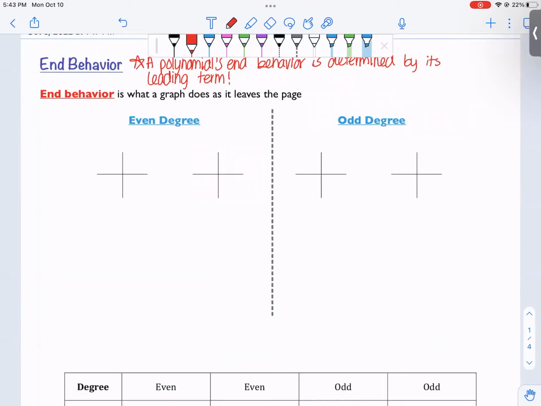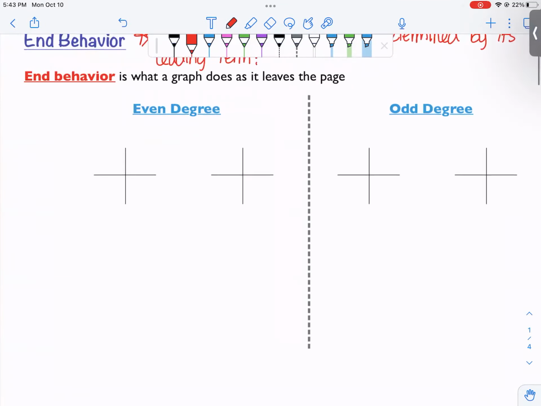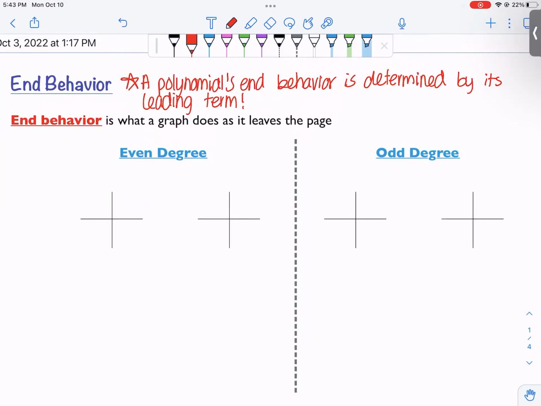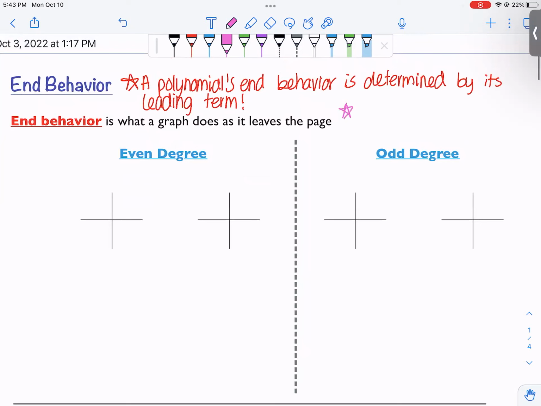So with an even degree polynomial, first of all, I'm going to be using LC to mean leading coefficient. So just make that note there. If your leading coefficient is positive and you have an even degree polynomial,